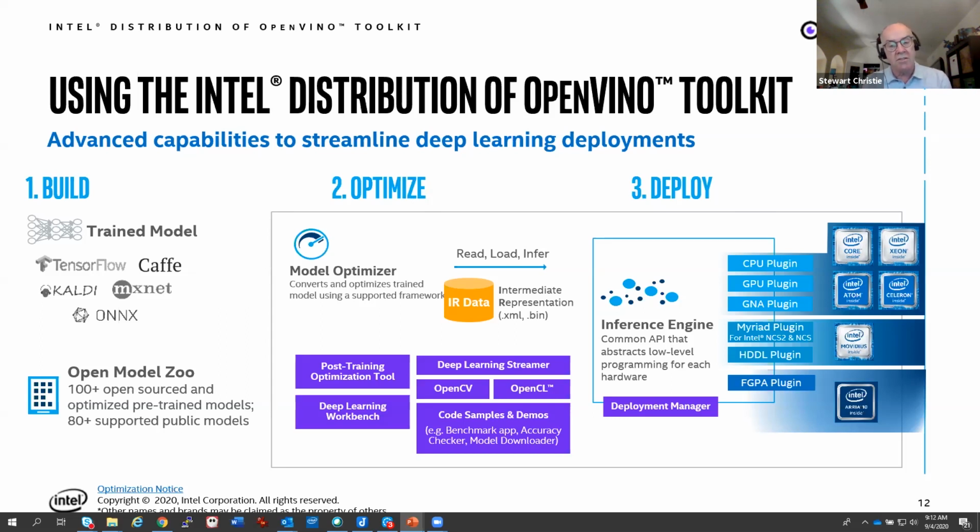Generally speaking, edge devices have totally different processors, different memory sizes, maybe different types of disk than, say, a Core i7 laptop. So the deployment manager helps you figure that out and allows you to test on the edge device and pull the answers back using our Deep Learning Workbench